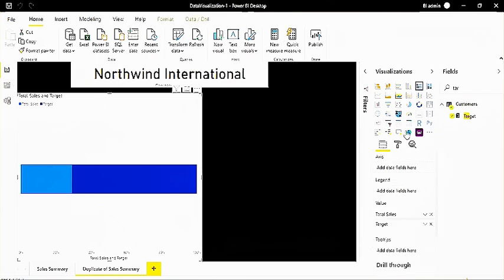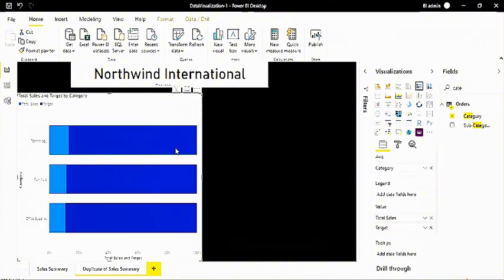So what you will do, you will try to add category into the excel. Once you add it, if you focus here, you see for technology category it's showing 23 million. For furniture it's showing 20 million, and for IT it's 18, right? So these are not the same. But for furniture and other categories, the target would be the same for all. Why?